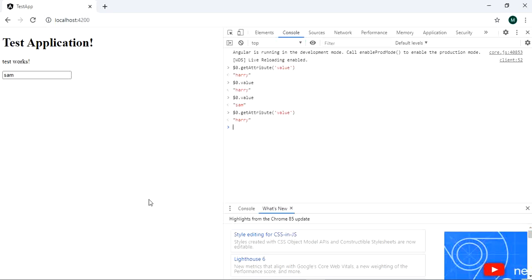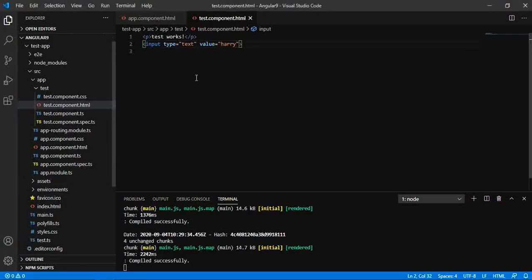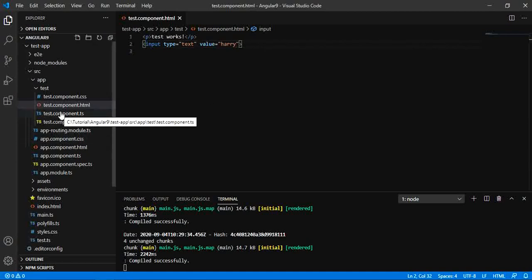Now let us see how we should bind the property in a better way. Suppose that you have an input text box and now you want to do something with the help of interpolation. You need to bind the ID or any property with the help of interpolation.